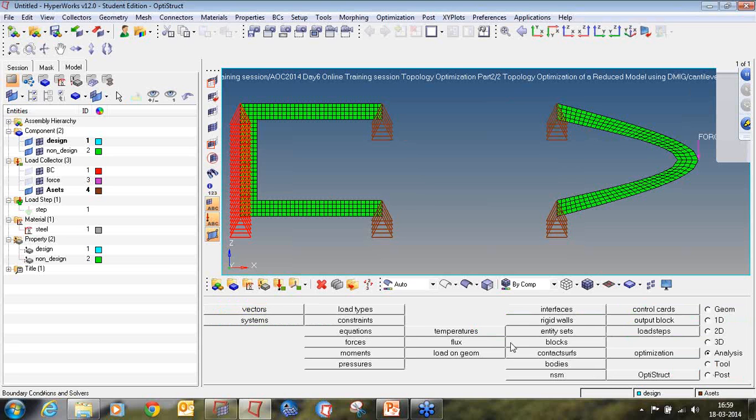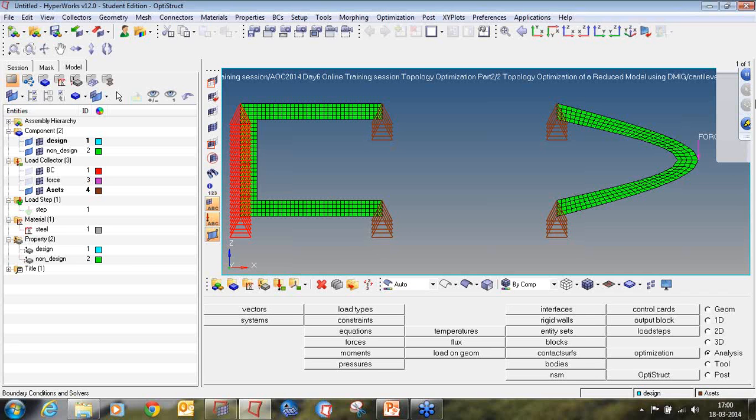Then we will define a parameter to write out the reduced matrix to an external file. The PARAM, XOUT bulk data entry is required to activate the matrix save process. Without this parameter, the run will process as normal. This parameter has two options, DMIG PCH, which will save the matrix in an ASCII format to a .pch file, and DMIG BIN, which will save the matrix in a binary format to a .dmig file. DMIG PCH will be used for this tutorial.